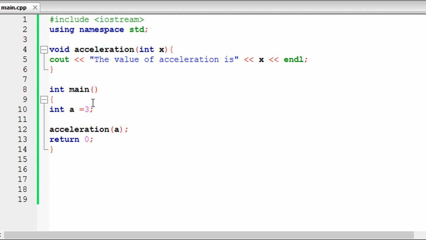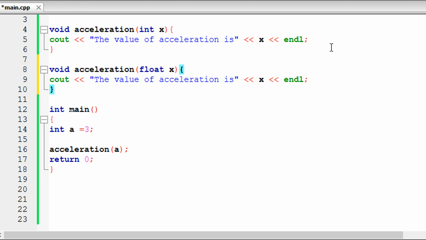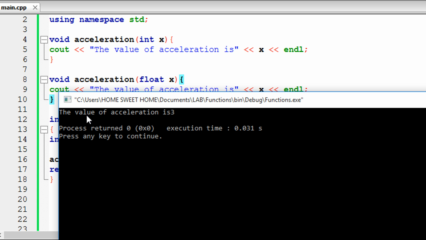So in order to use function overloading, now remember I told you that function overloading is basically using the same function with different types. So let's just copy this and paste this over here and change this to float. So you can say this is the integer version of the function and this is the float version of the function, in easy words. Now if we go ahead and build and run,